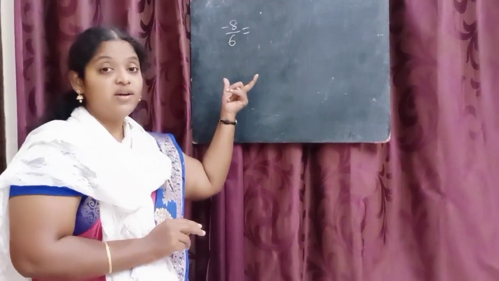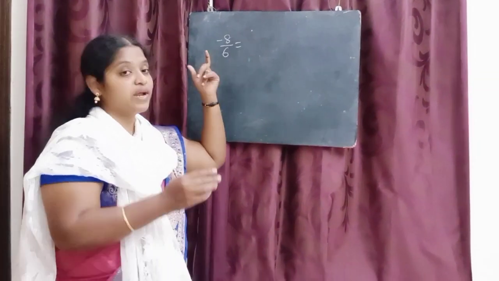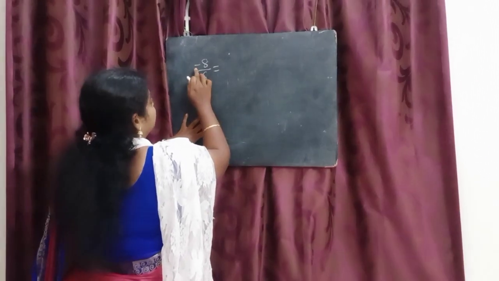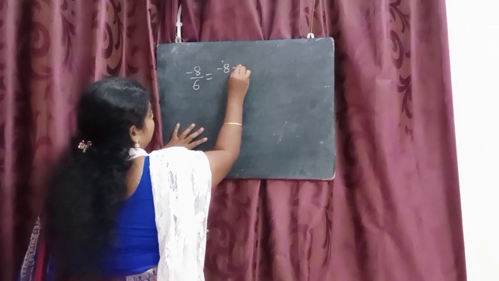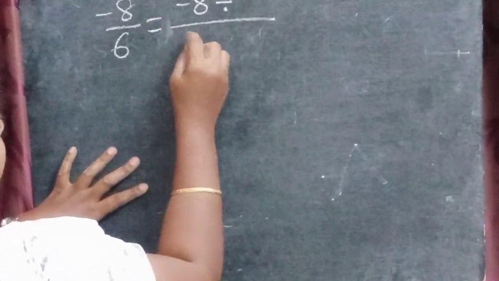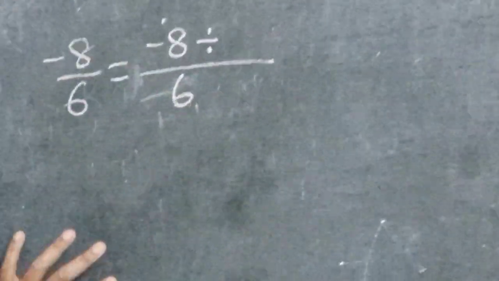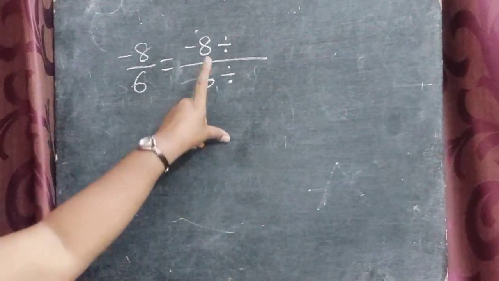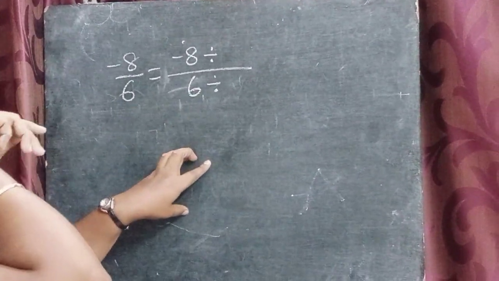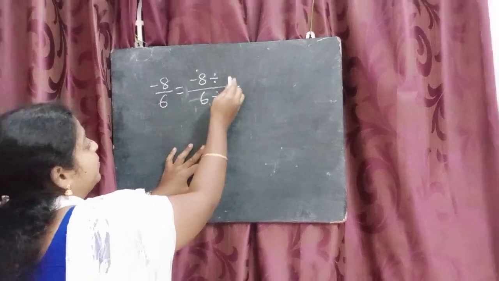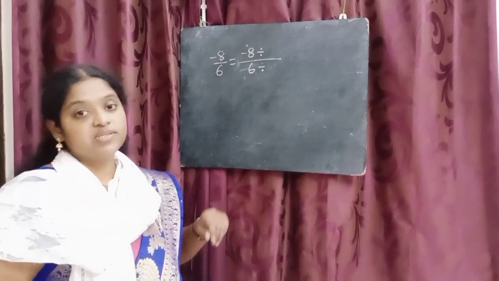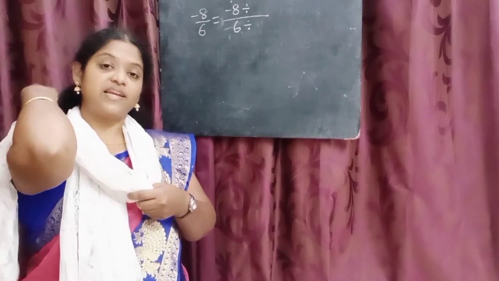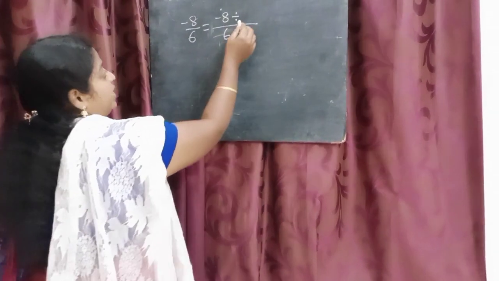Here it is to do the reduced form, and to get the simplest form, you need to divide. See here it is minus 8 by 6 divided by, how we did for the equivalent fractions? Multiplication, both the sides. And here it is division symbol. Here you can see that in which table you will get both the numbers. In which table you will get both the numbers, children? 8 and 6. Where you will get? You will get in 2 table. Correct? So write here 2.